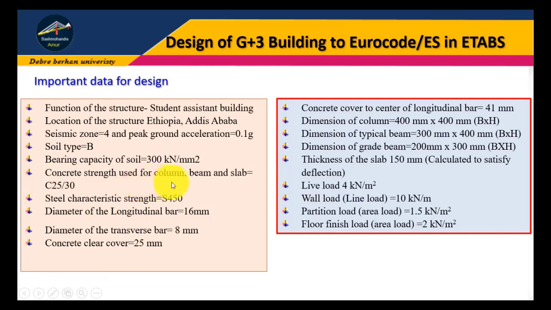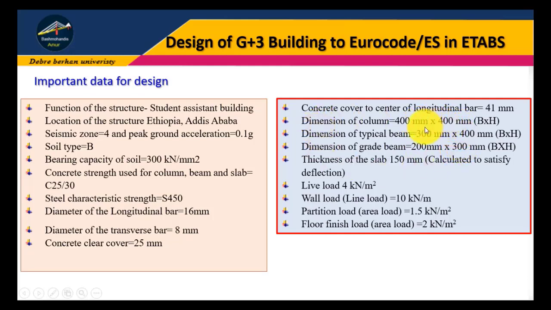Concrete strength is used for column, beam and slab. C25/30, ይሄ already የምታውቁት ነው concrete strength ለምን እንደሚጠቅም። Steel characteristic strength S450. Diameter of the longitudinal bar is 16 mm. Diameter of the transverse bar is 8 mm. Concrete clear cover 25 mm. Concrete cover to longitudinal bar center 41 mm ነው።